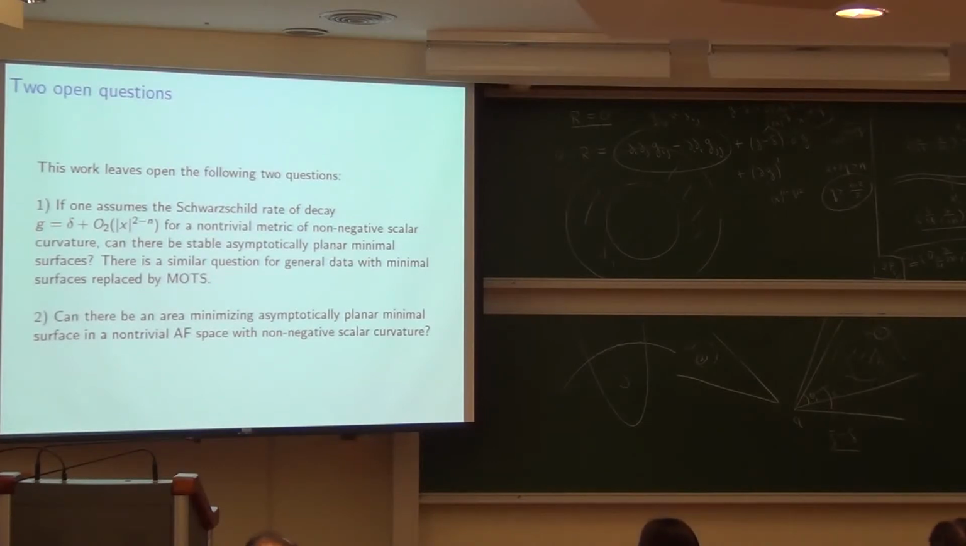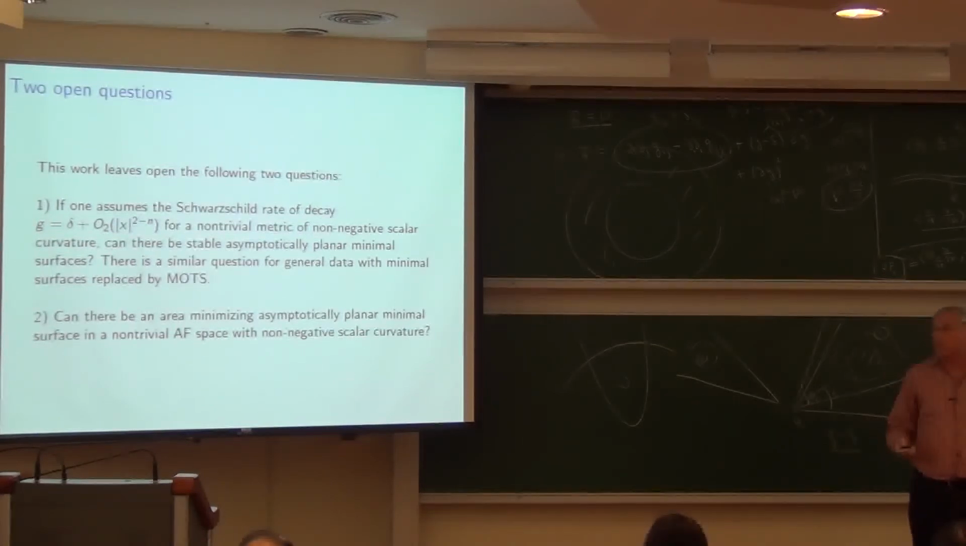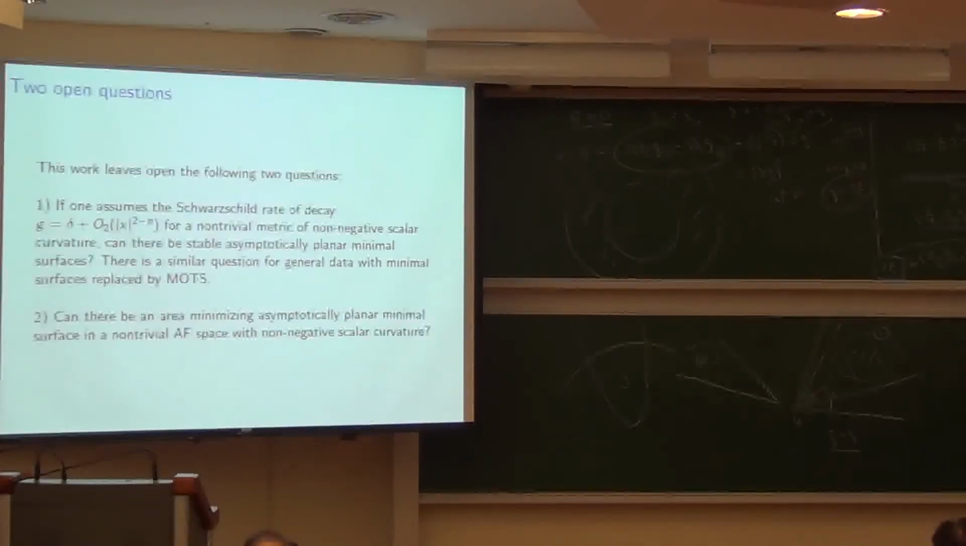In the time-symmetric case, of course, there's stability, but a much stronger condition is area minimizing. And in the proof of the positive mass theorem, we actually looked at area minimizing surfaces. In fact, our surfaces were a little more than stable. So the question of whether there could be an area minimizing asymptotically planar surface is also not at all clear. In other words, in these localized solutions,